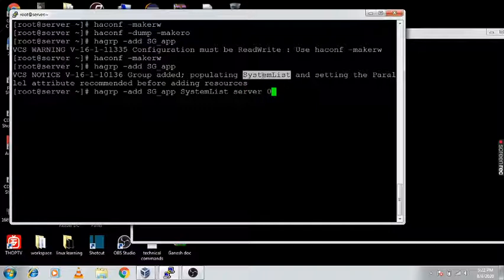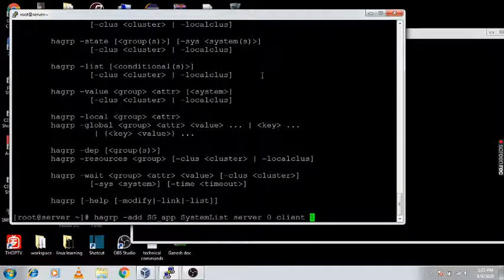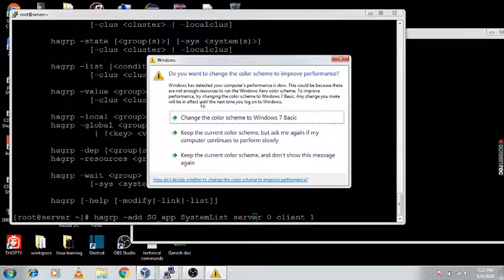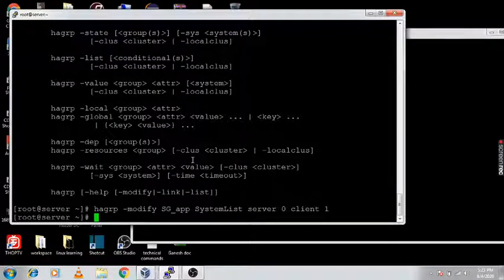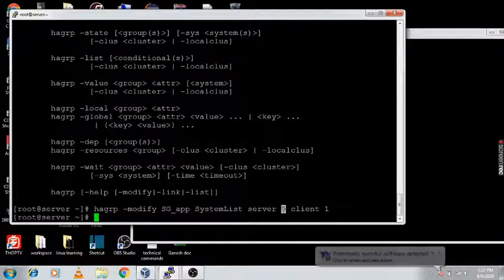I am giving priority 0 for the server, and another one, that is the client, priority 1. Here we need to use modify. Now this service group is created for these two servers, server and the client, with priority 0 and 1. 0 is the higher priority and 1 is the lower priority.